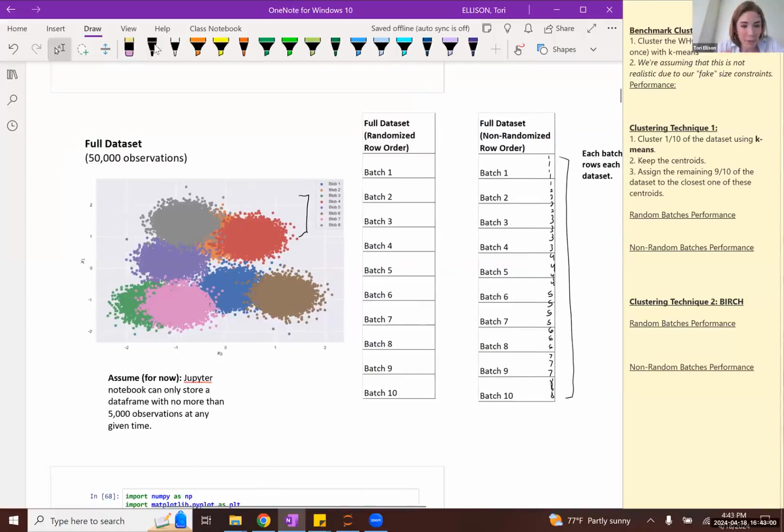The reason why is, take a look at how highly overlapping these Gaussian distributions are, right? If I was running k-means, the ideal scenario would be to take this observation here and assign it to this blue cluster, because it's closest to that blue cluster centroid. But we can see that, at the very least for this observation, it actually belongs to this Gaussian here.